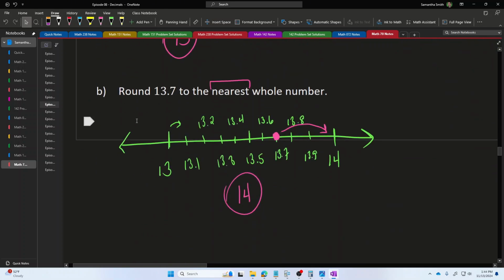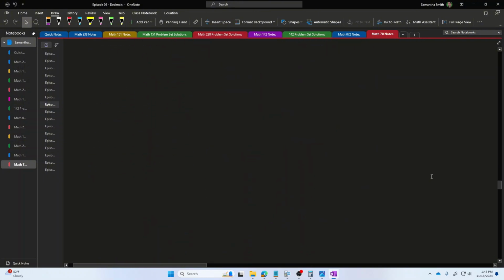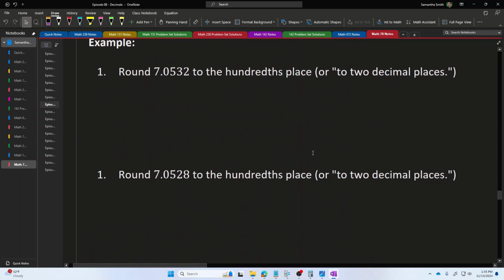When we were asked to round 13.7 to the nearest whole number, the whole numbers end right here to the left of the decimal place. So we looked 1 step to the right of that position, and we saw the digit 7, which is a very large digit. So we got rid of those digits, and then we increased that 13 by 1 unit and turned it up to a 14 instead. And that got us the nearest whole number to 13.7. Let me give you several more examples to show you what I mean.